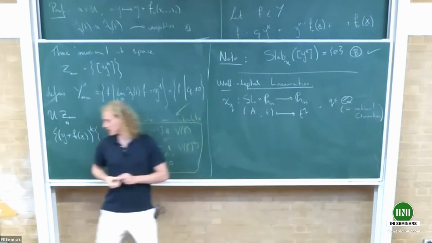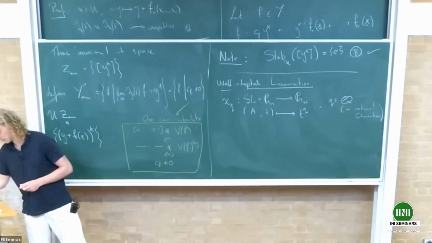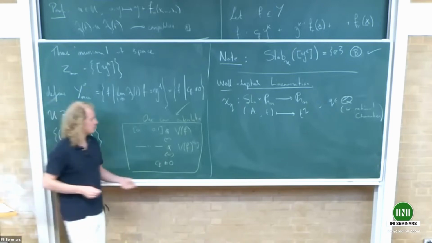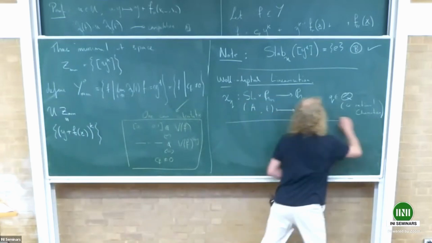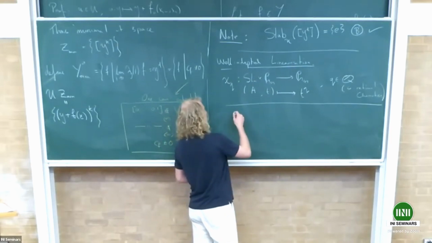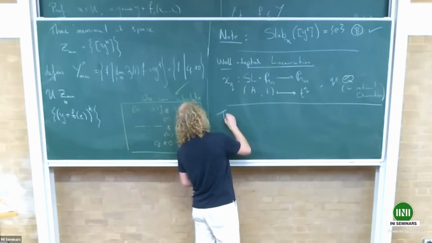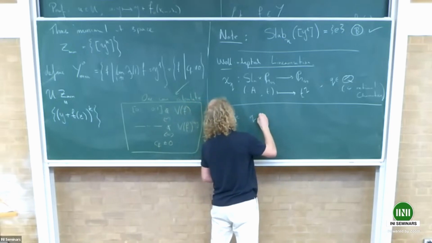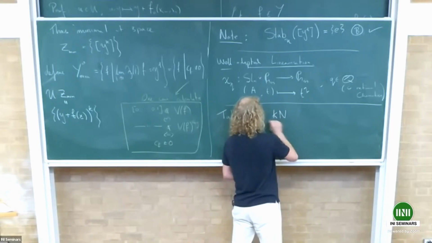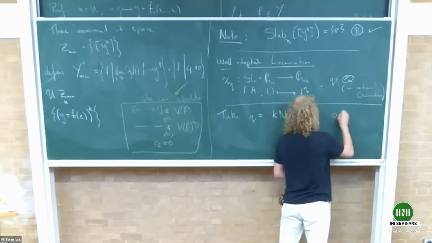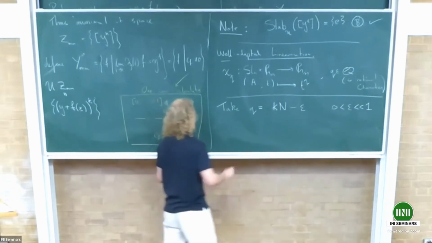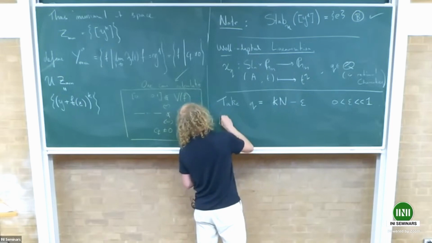Now, in order to move on to slightly more meaty stuff, I will skip over this next bit where we prove very explicitly that there exists a well-adapted linearization. But the point is, if I take Q now to be equal to minus Kn, no, Kn, sorry, minus epsilon for some very small rational epsilon, then